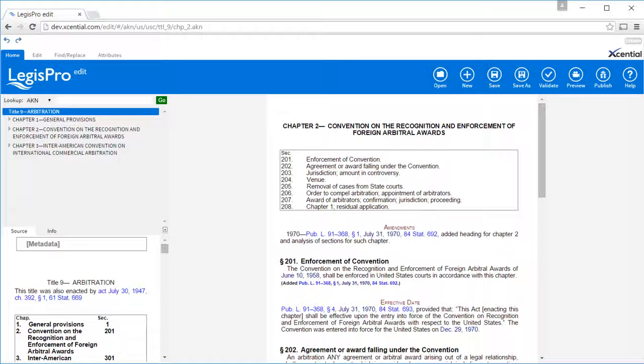LegisPro Edit is a new web-based editor that takes advantage of recent advances in web architectures. It provides a cloud-based solution, even when that cloud is an internal government cloud. The heart of LegisPro Edit is a robust, general-purpose XML editor embedded directly within your browser. This base editor is configurable for both different types of documents and variations of the same type of document. In addition, the user interface is built in its own layer so that it can be customized for your own